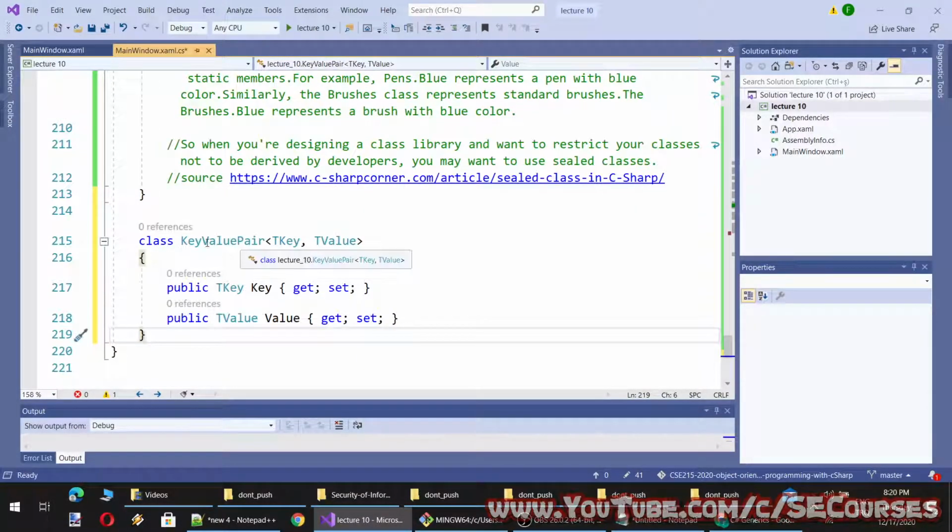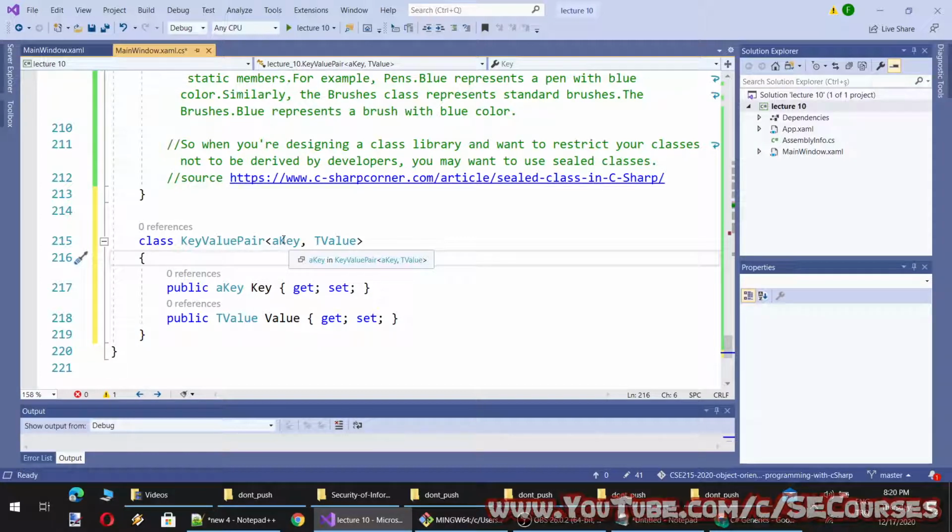Okay, KeyValuePair is the class name. And TK, can we call it AK? Yes. You see, since there is no such data type as AK, it understands that it is a generic type.